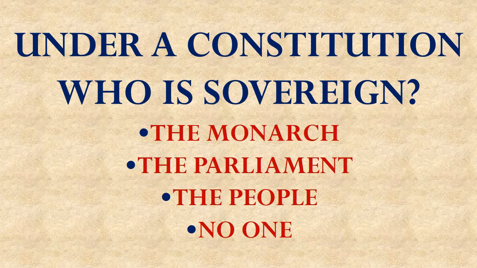So our next question is, under a constitution then, where a government is limited, who's in charge? Who's the sovereign? Is it the monarch? Is it the parliament? Or a Congress, some representative body? Or is it the people? Or is it no one? Well, it needs to be someone from outside the government